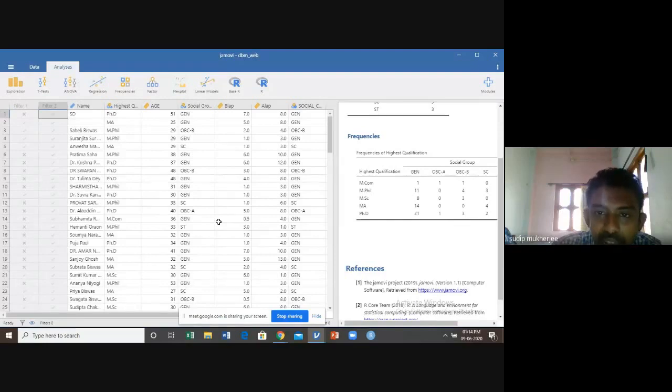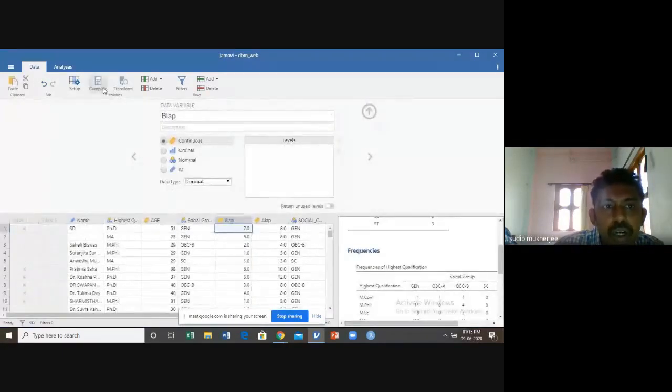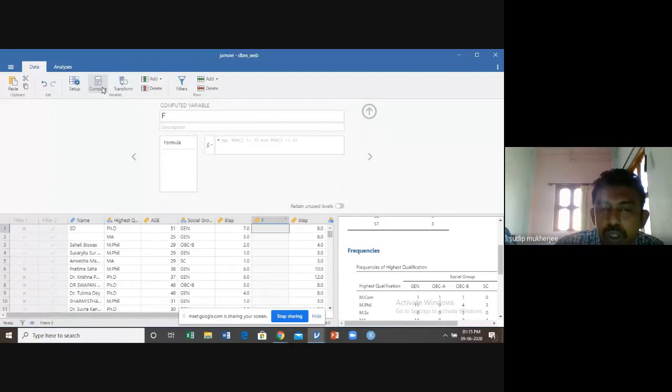Next, we try to calculate the average time spent on computer with respect to this available information. Means we try to find out the mean of before use and after use. How do we calculate the mean? You just click on data, then click on compute.